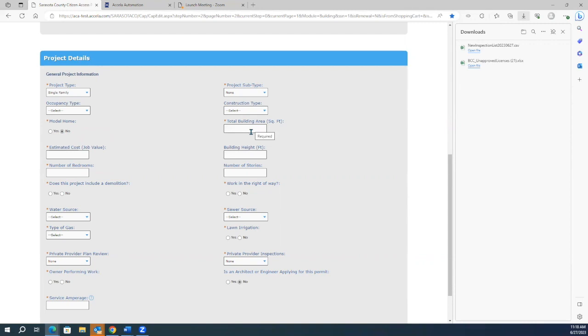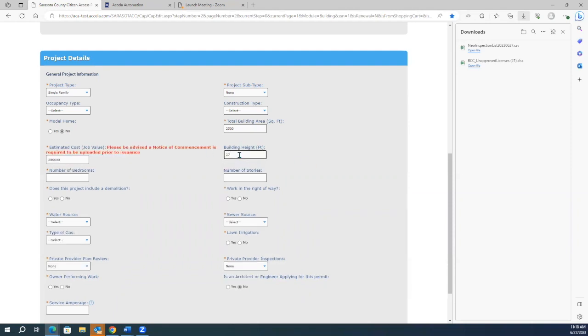The total building area is certainly required. We have a red asterisk on there, so we're going to make this a 2,500 square foot home. Estimated job cost is very important and must be entered. And this is going to be 250,000. Building height is not required, but if you know what it is, we'll go ahead and put something there.